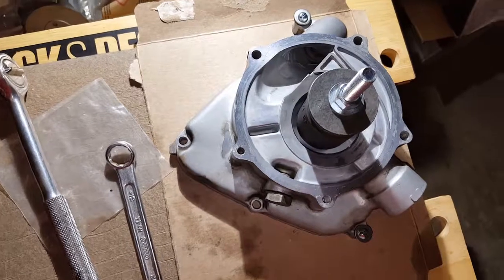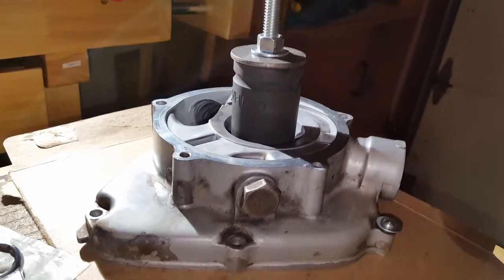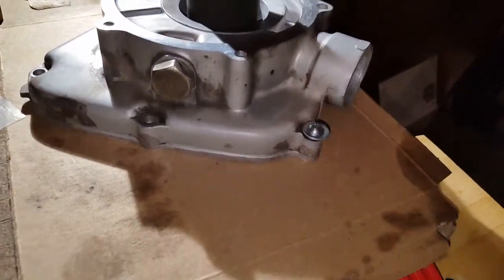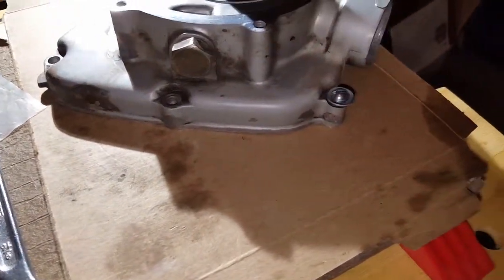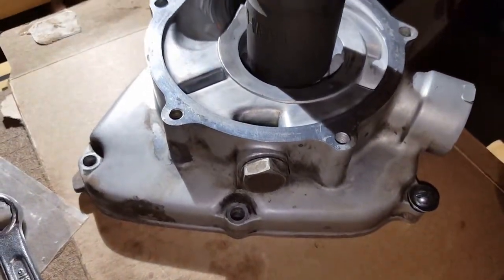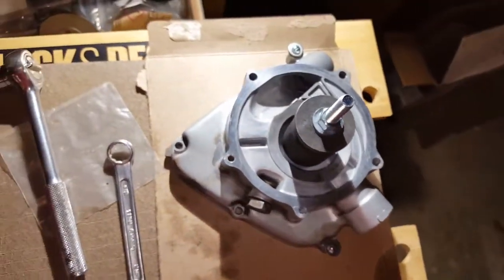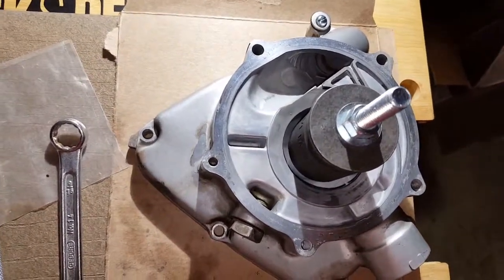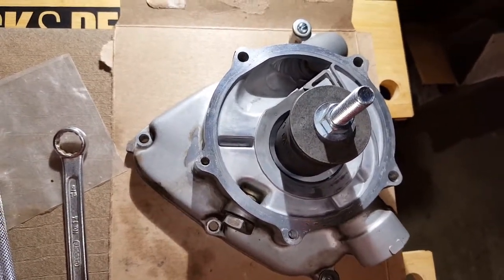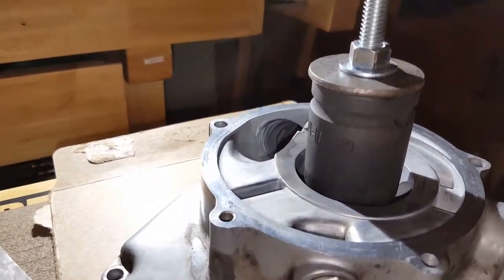So I really couldn't work the camera while I was tightening it down, but basically this is what it looks like after it was done. You notice that I did have the water pump mounted to a board with a thin piece of cereal box cardboard in between, just to protect the surface on the other side of the water pump. Had it clamped to my workmate, just ran the bolt up through the middle, put down the Yamabond 4, put a little grease on the lip, set it on top, put the socket on top of that, ran the bolt up through it,